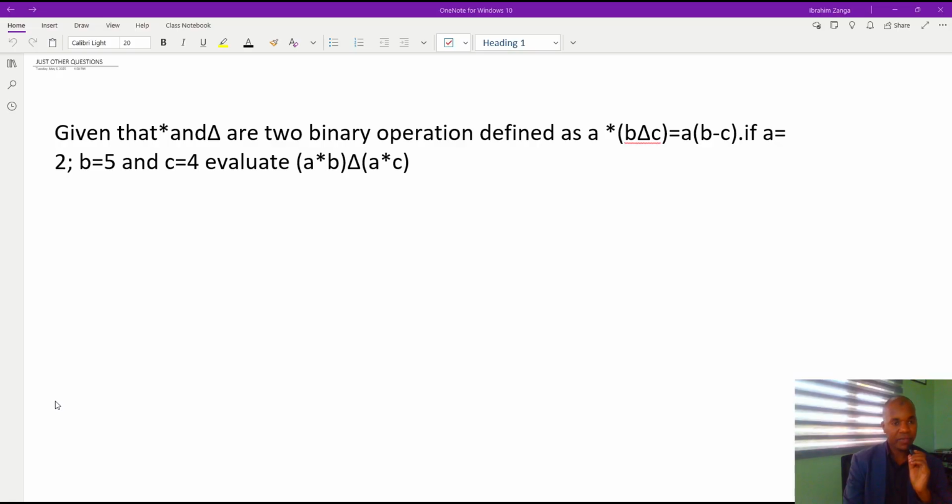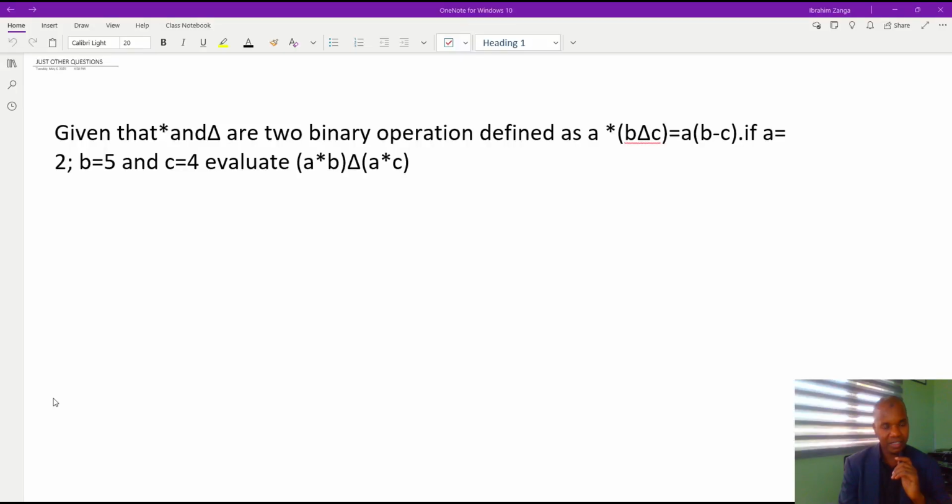Short session where we are going to solve one of mathematics question. The question here is binary operation, and from this question we were given two binary operations, and we are going to evaluate the given expression. So from this question, given that star and delta are two binary operations defined as so